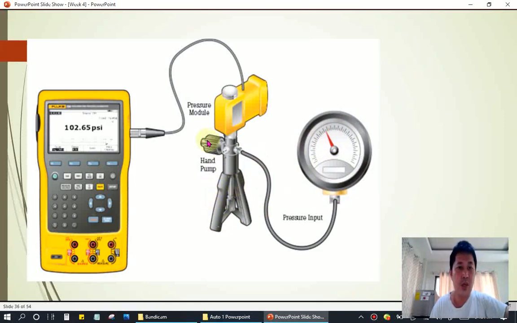If we have this digital reading instrument, we calibrate with the use of this digital. It must match the reading on the analog gauge, which is what is mostly fitted on board ships. So we compare the readings here and here, and they must be the same because this is the calibrator. So that is how to calibrate a pressure gauge on board ship.